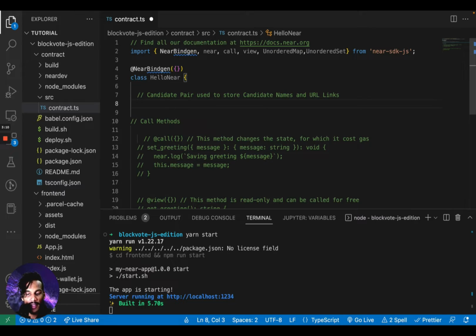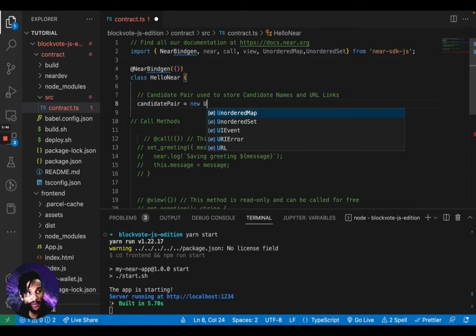So the way we're going to do that is by storing an array as the value tied to the key, which is the prompt name for our particular poll. So again, the key is a prompt name for the poll, and then the value is an array. The array will have 4 elements in it. First element will be the first candidate name. The second element will be the candidate's URL for their image, for their picture. Then the third element will be the second candidate's name, and then the fourth element will be the second candidate's picture. So to do that, we just simply say candidate pair is equal to new unordered map